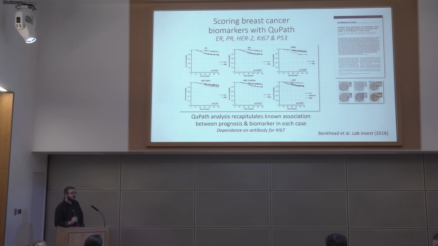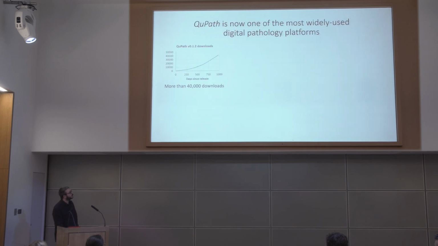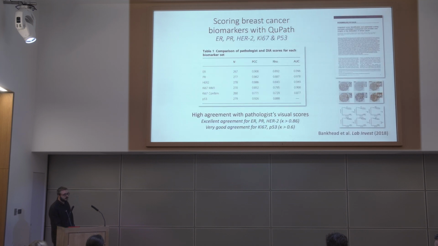And in this case, unlike in the colorectal cancer case, we had pathologist scores and we had patient outcome data. And so we could see that we could score these biomarkers, and it showed all the associations with overall survival that we were expecting to see, but it also had very high agreement with the pathologist's scores. So that gave us some confidence that it was doing what it should do,